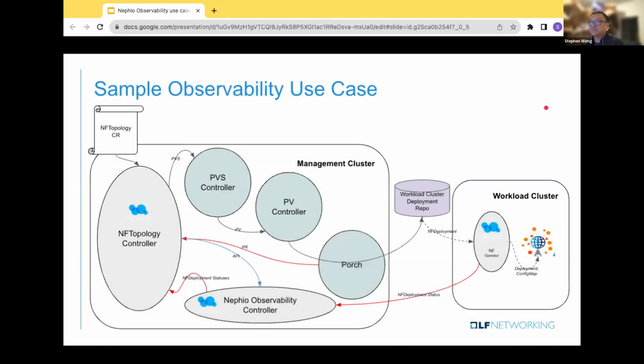That's because I'm still in the middle of writing this, the NF topology controller. The NF topology controller is an L2 item. It's a sample application, if you will, that would be utilizing the primitives of Nephio, and adding a layer of network function topologies on top of that. Never mind the config side. What we want to happen at the end, because for L2,